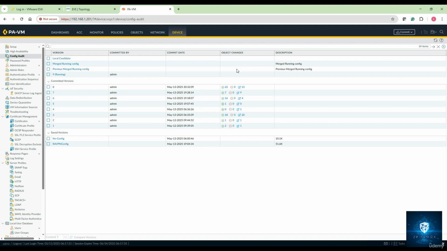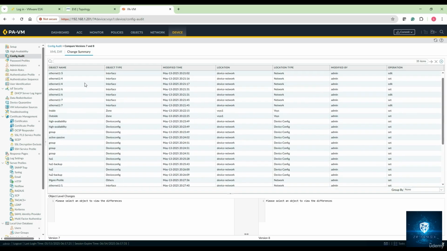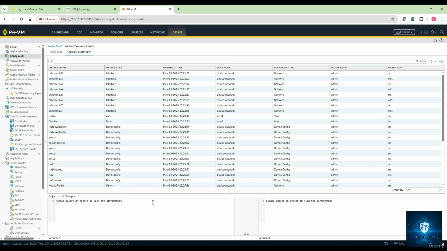The config change summary is displayed with some icons, where you can see a green plus sign. It says new configuration objects or policy rules were created as part of the commit, whereas a red minus indicates that existing configuration objects or policy rules were deleted as part of the commit. And the edit or modification icon says existing configuration objects or policy rules were modified as part of this commit. So if I click on this icon over here, I can see what configuration changes have taken place, and I can see the details over here in a good manner.